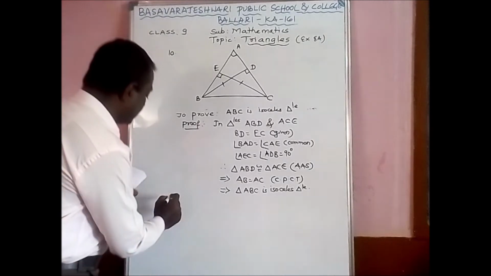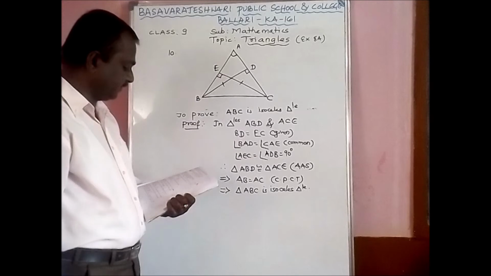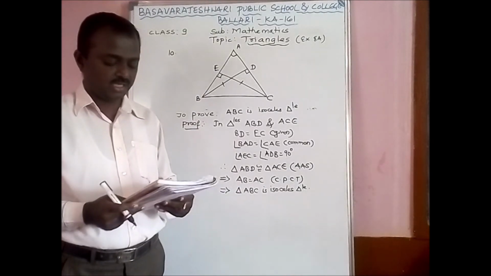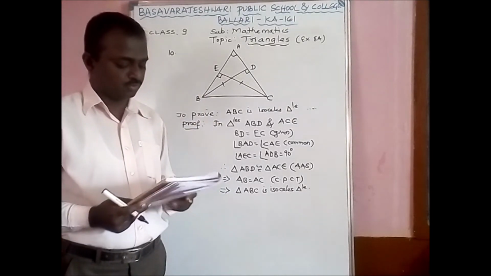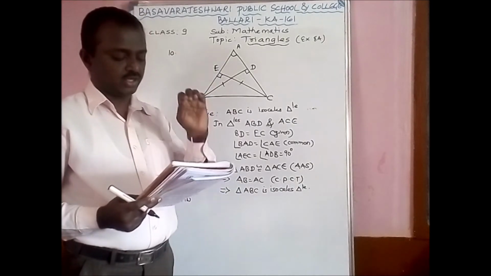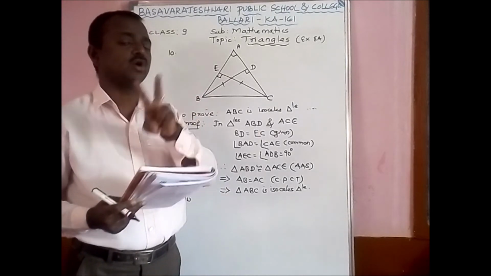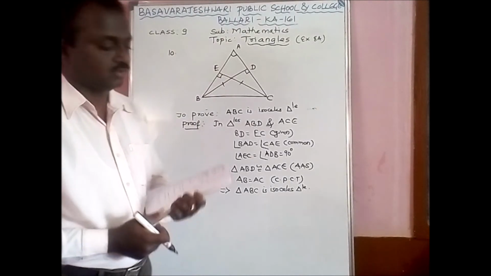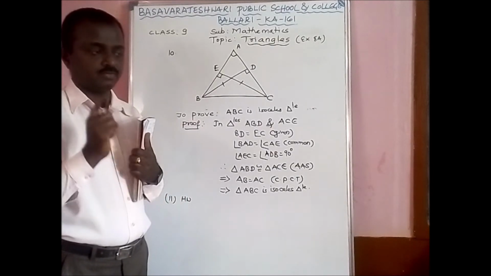Question number 11, I will give it as homework. In the given figure, observe the figure: angle BAC is equal to angle CDB and another pair of angles is also given as equal. So prove that AB is equal to CD. You have to consider the triangle ABC and the triangle DCB. Two triangles you have to consider for the congruency. Prove the congruency and you will get the given result. So I am giving the 11th as homework. Do it in your notebook. So practice that sum.